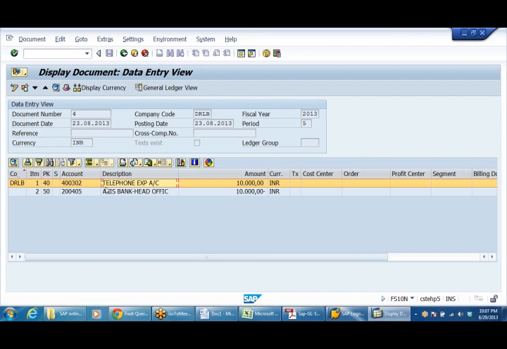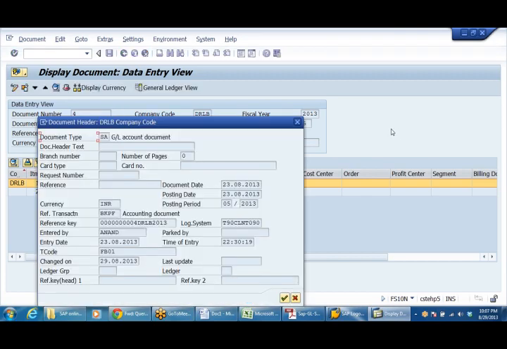Ledger group. And if you see this one, display document header. If you see the document header, see changed on. So that's why it is showing today's date. Here, document date, posting date, period, reference key, everything is there, entry key, but changed on 29. So that's why I think that is being shown like that.